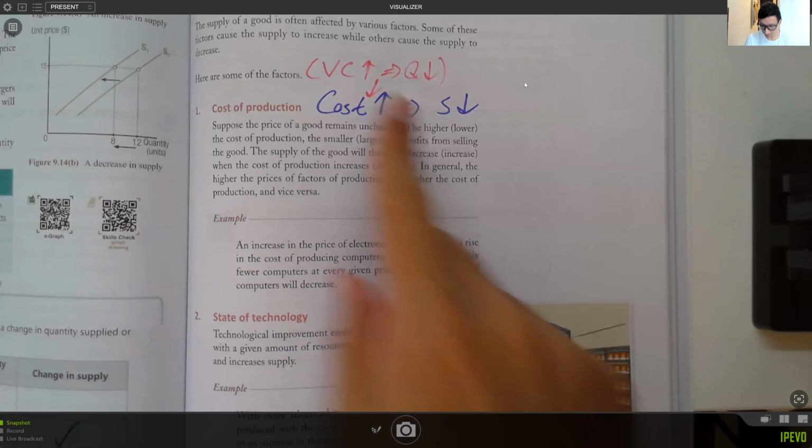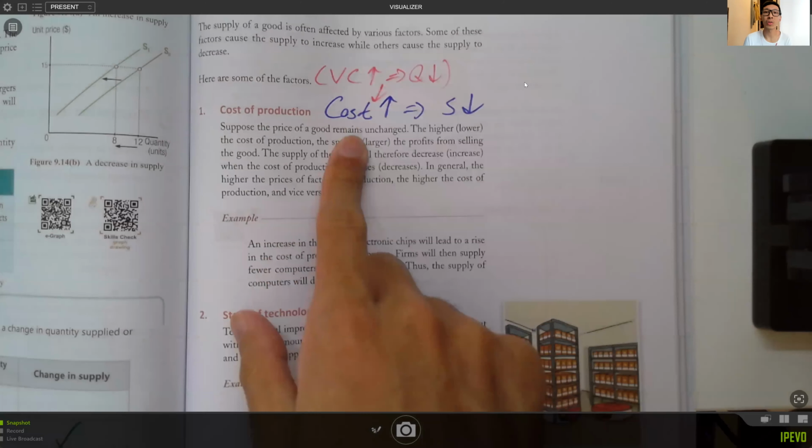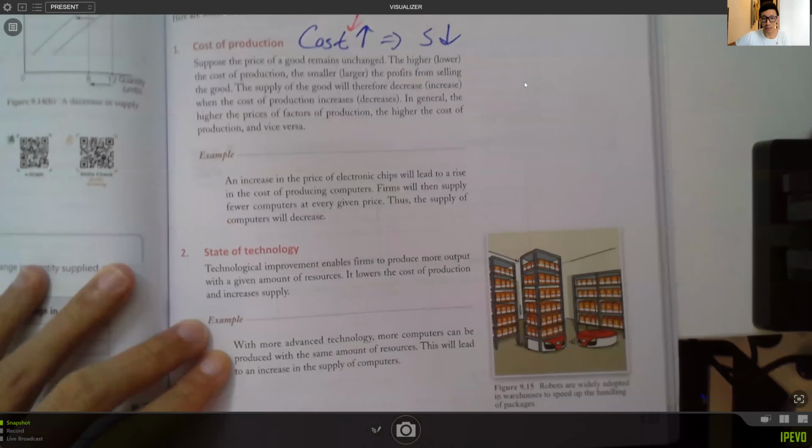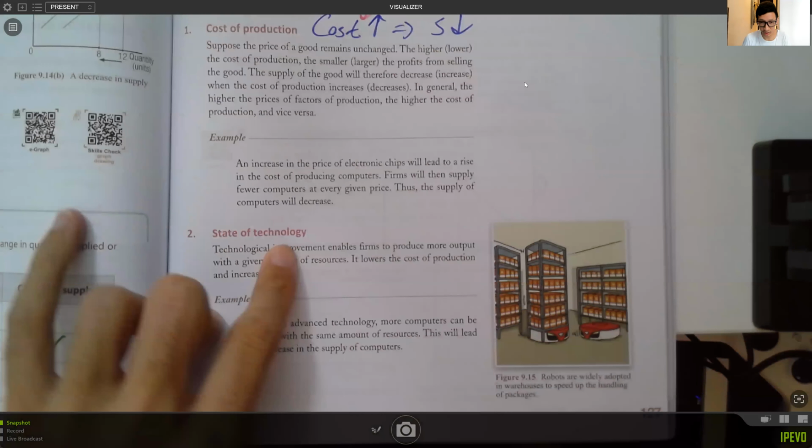So refer to chapter 7 for the mathematical proof of how cost increase would lead to a decrease in supply. 唔講啦。